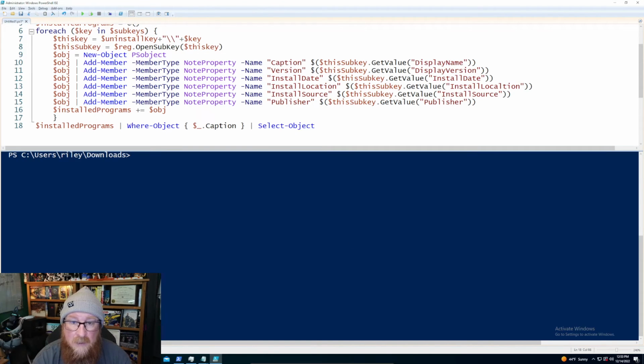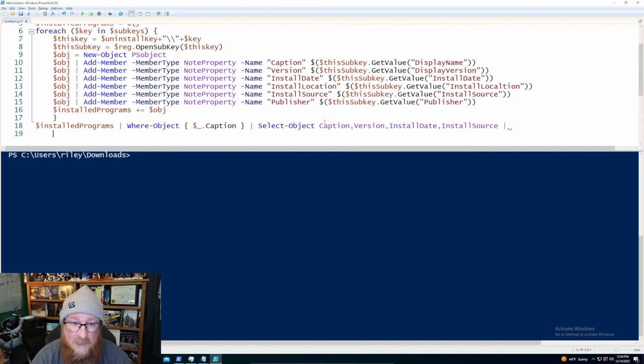Select object. So what we're going to do is in the array where the thing is specifically with the name, we want to select all of the different fields that we want to look at. And these are the same things that we did as part of our other thing when we're looking at the Win32 objects, right? Or Win32 product. All right, so now we want select object is going to be the caption, version, install date, install source,